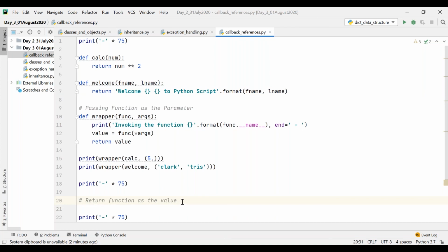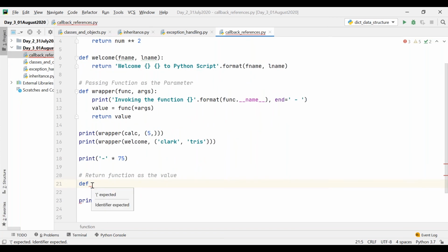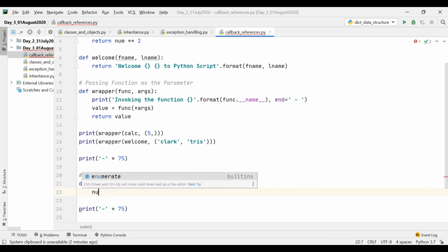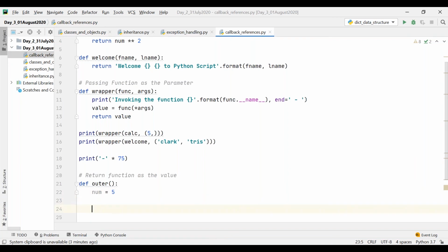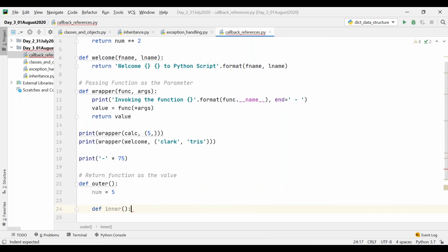So consider this scenario. I have nested functions. We saw nested if, right? That is, an if within another if is nothing but a nested if. Similarly, we can have nested functions. That is, I have something called outer function. In this I have num is equal to 5. Within this function, I am defining another function, def inner.